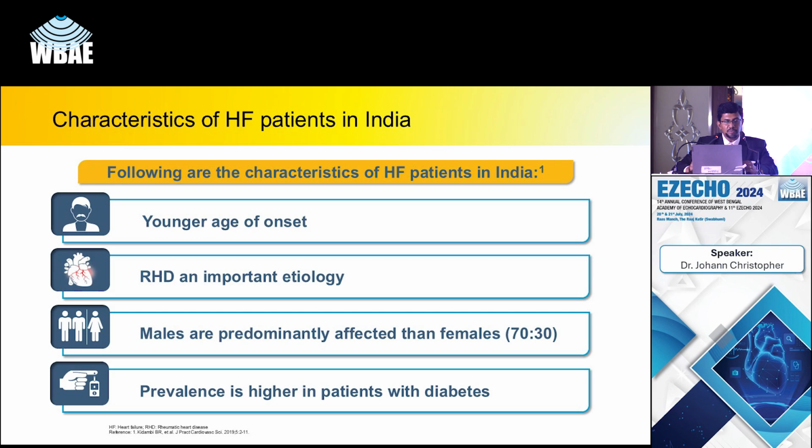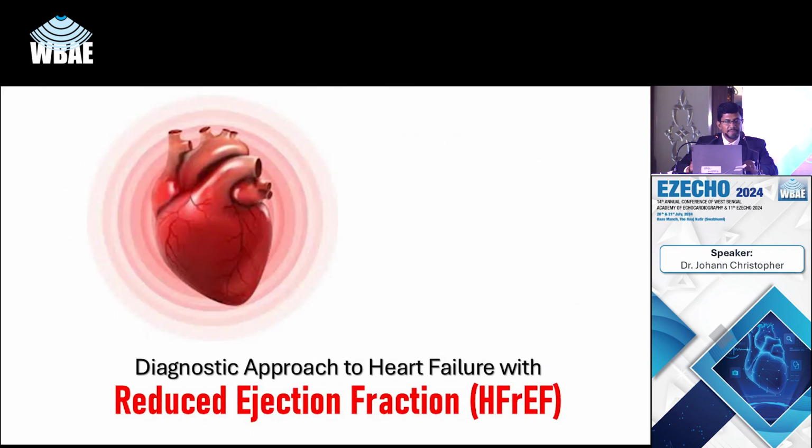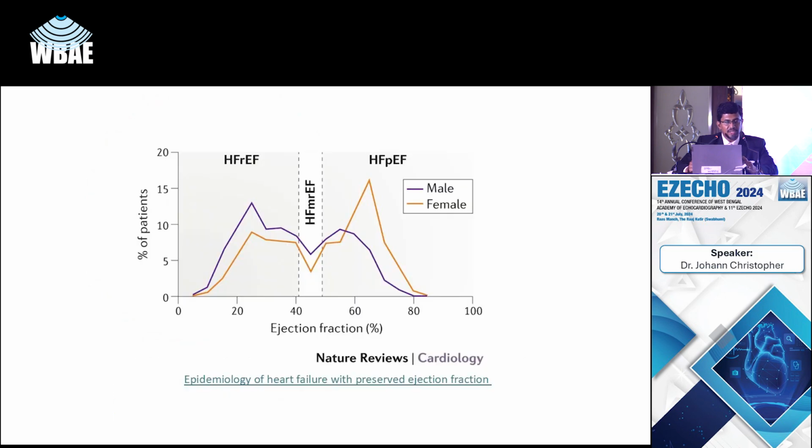I think the most important thing in any kind of clinical presentation is to dissect those salient points which are going to help you with the diagnosis, treatment and the management. So we have a 36-year-old male. He's a young person, male. The predominant symptom for this particular patient is shortness of breath. That seems to be a very important part of his clinical presentation, which is progressive over the last couple of months.